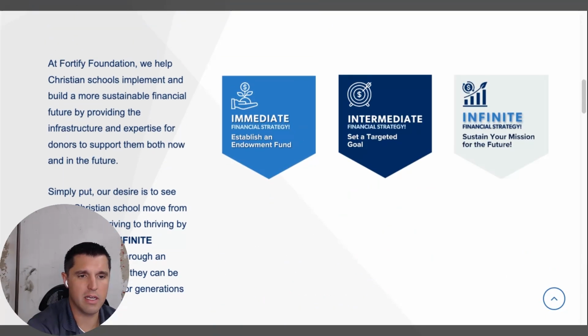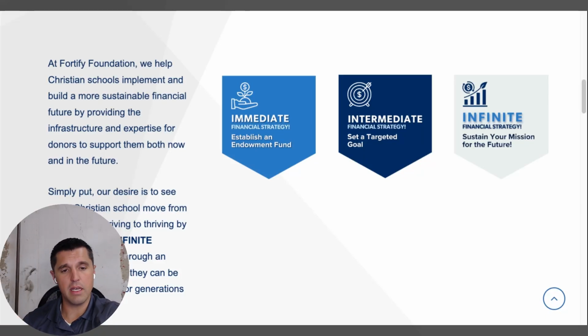And then there's the immediate, intermediate, and infinite financial strategies. If you've been with us here, I'd say in the last 6 to 12 months, you've probably seen this put out there. This is both for the sake of your internal financial strategy. The immediate is helping basically just complete the annual budget, making sure we're accounting for all of our expenses. The intermediate, what's the next big thing that we'd like to accomplish? Basically, creating some aspect of either reserve fund or flexibility in relation to doing something that would be outside of the ordinary annual budget. And then there's the infinite financial strategy.